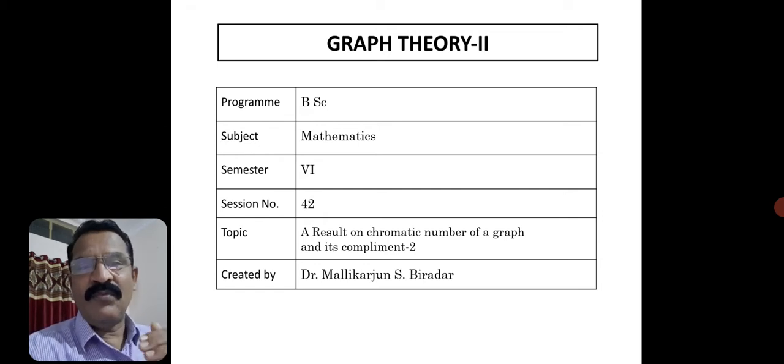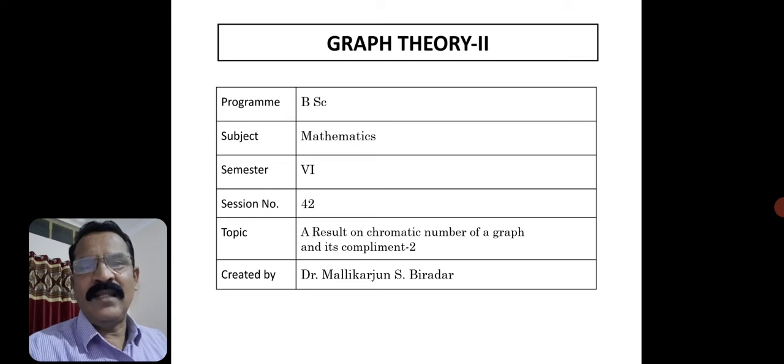But if we consider the sum of the edges in G and G bar, can you recall what would be the sum of the edges in G and G bar? You just think in your mind. G is a graph, G bar is its complement, vertices are same. Try to draw with shaded lines the edges which are not adjacent in G. Those will be the edges in G bar. So if you join with shaded lines between non-adjacent vertices in G, what will you get? You will get a complete graph.